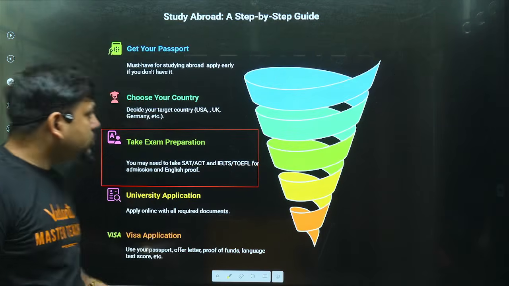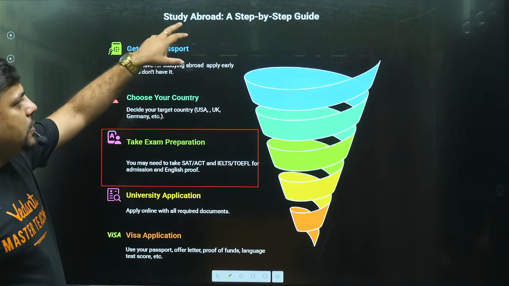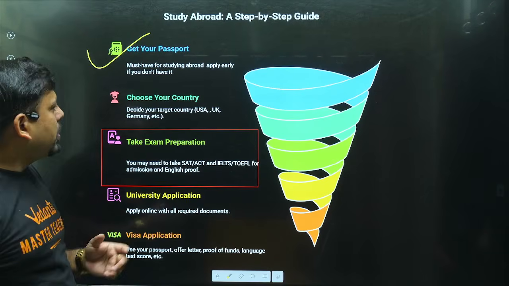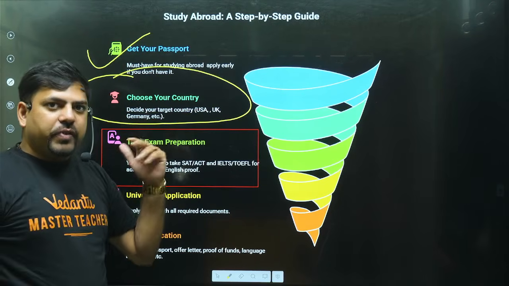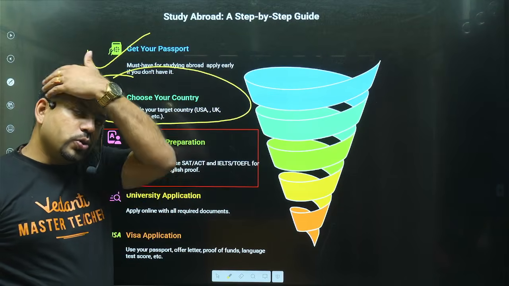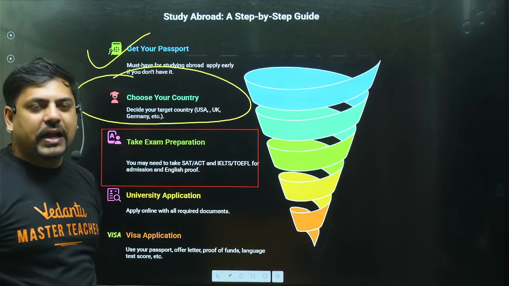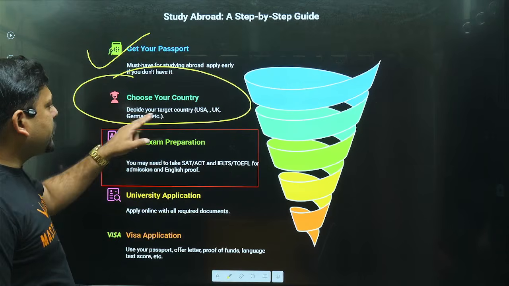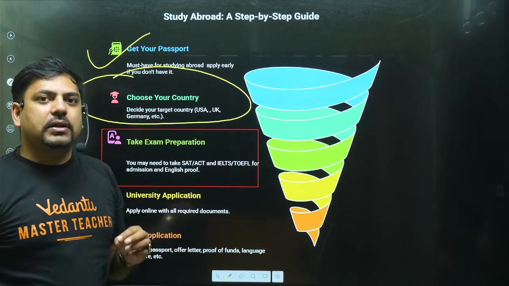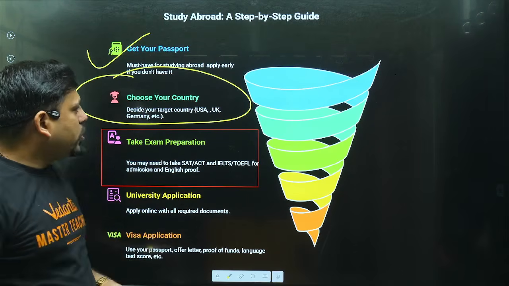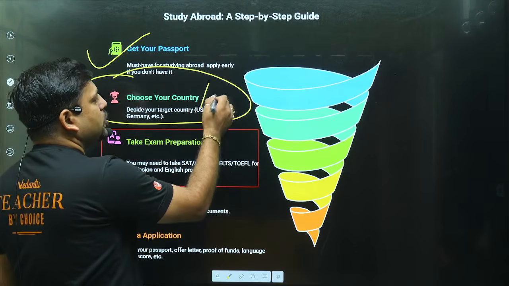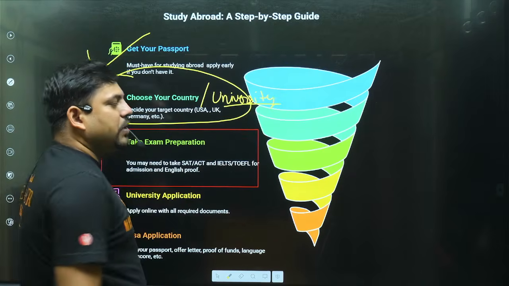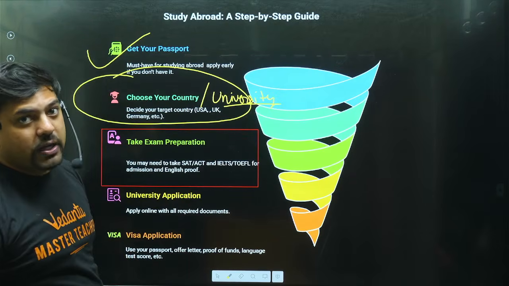First of all, if I talk about the study abroad step by step guide, first of all you need to have your passport. That is very important. Then you need to choose your country, which country you want to go to: USA, UK, Canada, Germany, France, New Zealand, whichever country it is. You have to first choose it. Thereafter, you have to see which examination that country or that college is asking for. You can choose either your country first or university first, whichever you want to. And based on that university, you have to decide which examination you want to appear for.